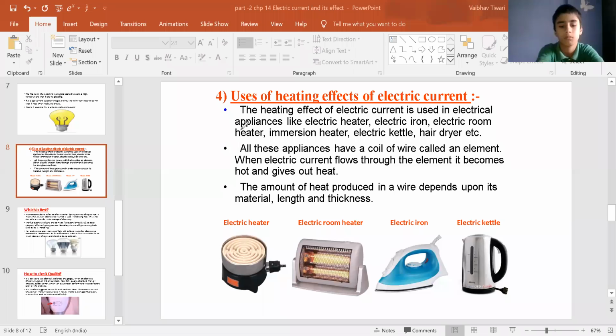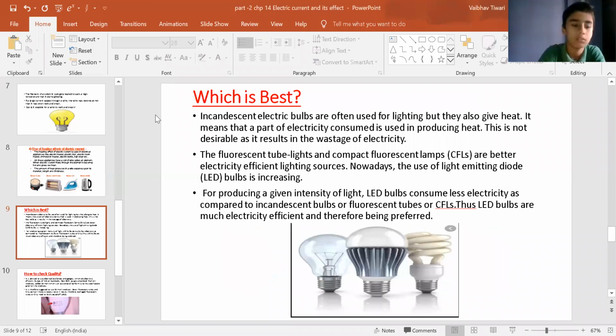So yesterday we had discussed this topic, right? That is the uses of heating effect of electric current. I hope everyone is clear with this topic. Yes, sir. So today we will discuss about